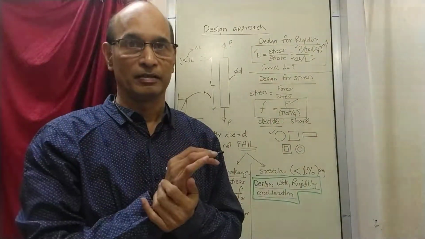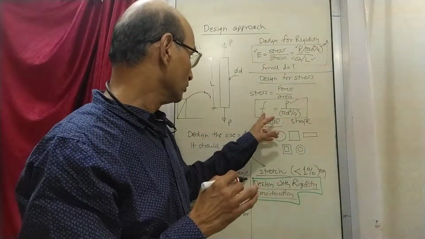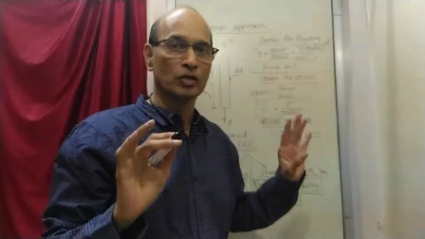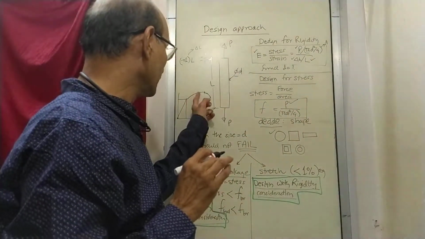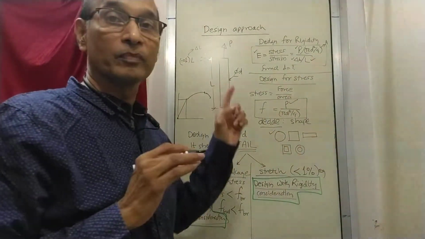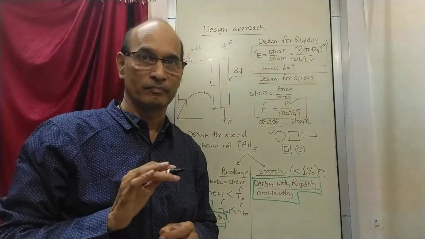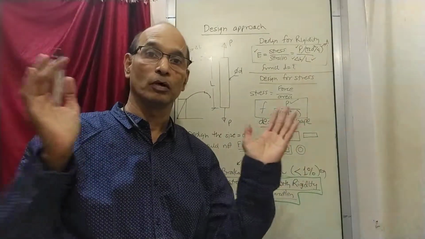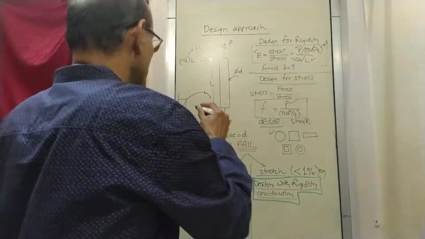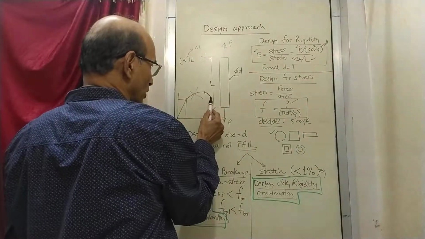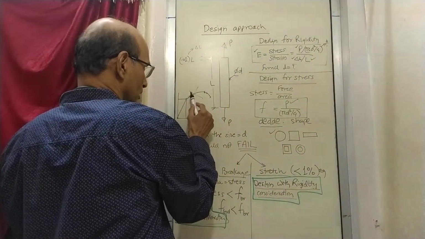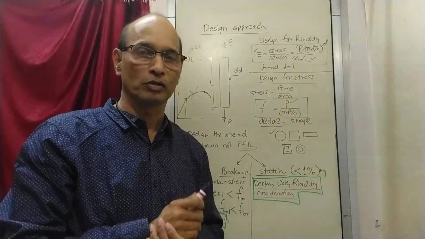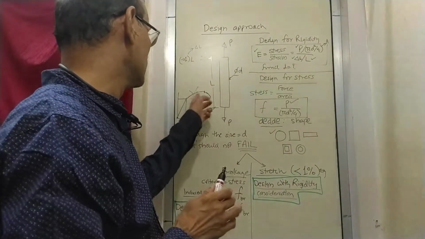So there is no safety because you have done everything with the final stress, the last stress, the breaking stress, which is not safe. Moreover, you are entering a region beyond the elastic limit. That means if you remove the load, the part is not going to come back to its original position. So any value of stress in this part is of no use, because the part may not fail, but it will not come back to its original position. So any value of stress in this region is not allowed.